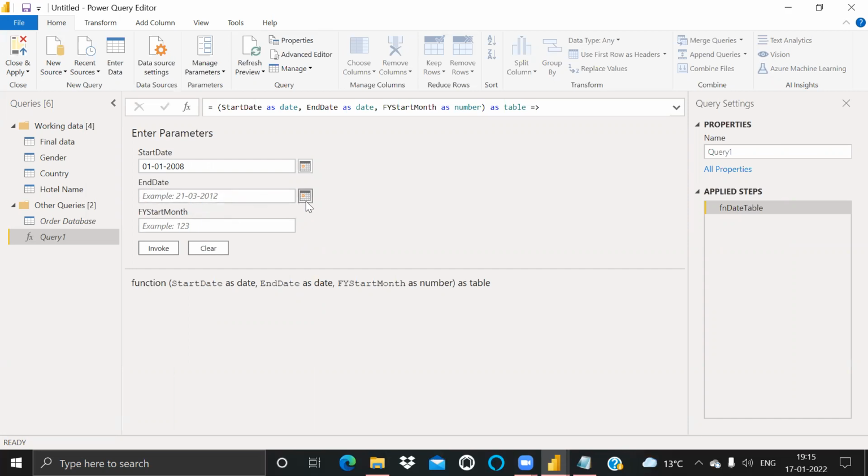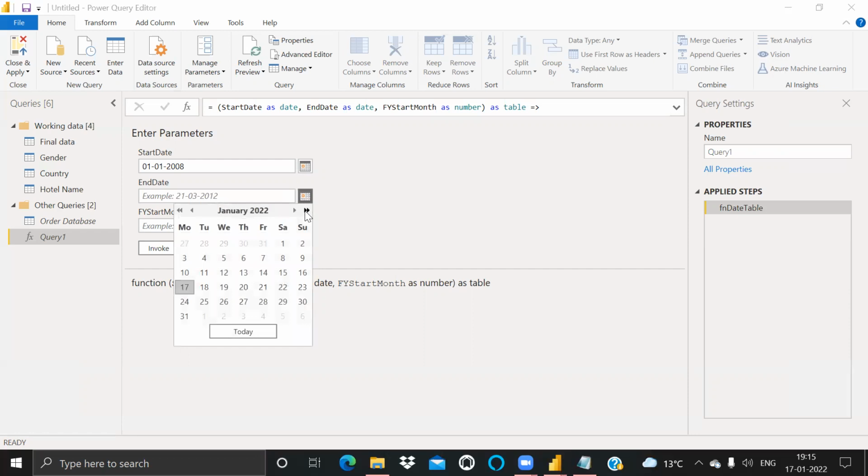I can select it as 2000, I can select it as 1998, because I have the date table starting from 1899, right? So whatever date you want to select, you can easily select it. And it should be, of course, you are running into 22, so you can select it